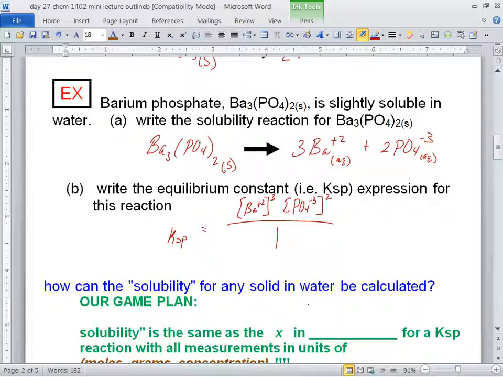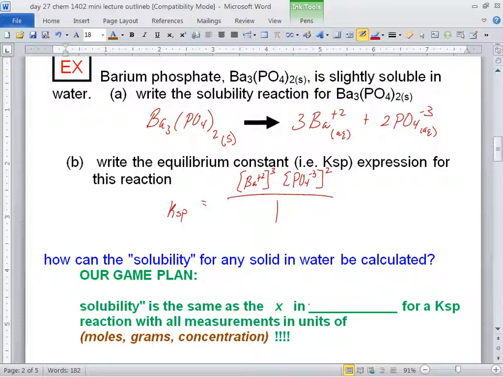Now the homework, it would be nice if they quit there, but you can't. It doesn't do anybody any good just to write that kind of stuff. You can't make any predictions. What we want to do is, what's the solubility for any solid? Now I changed this a little bit, but it's the same thing you have in your notes. How do you calculate the solubility of any solid in water? In other words, what will be the concentration of barium in the water? What will be the concentration of phosphate in the water? What will be the concentration of ibuprofen in your blood, right? That's the technical jargon, solubility. So how do you calculate the solubility in water for this stuff?